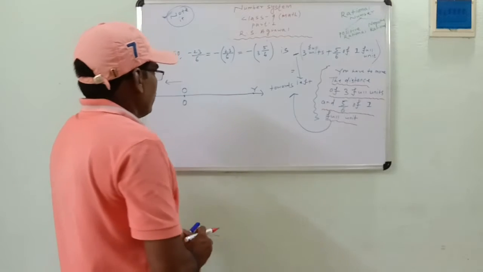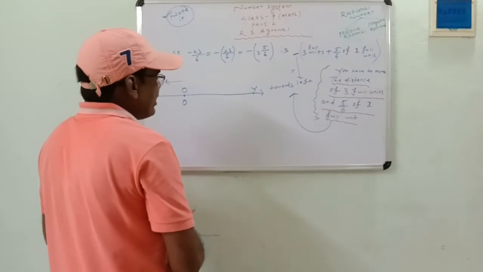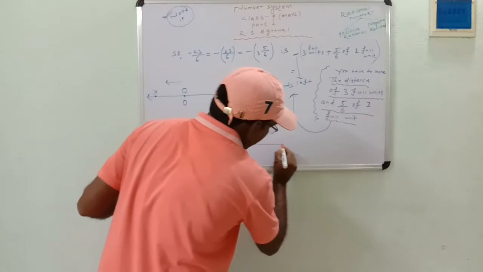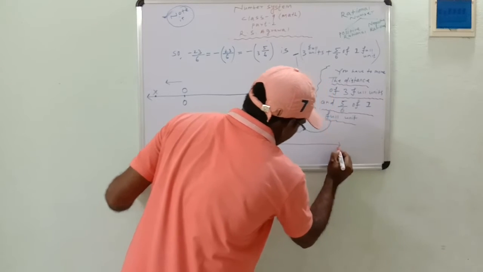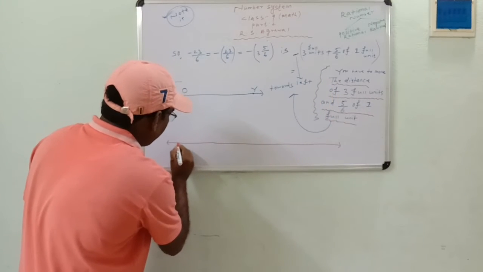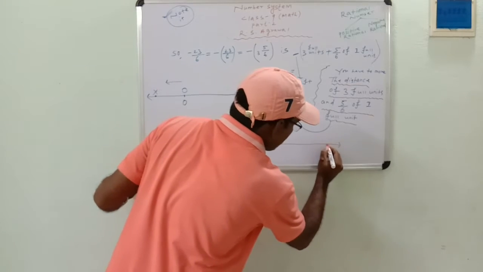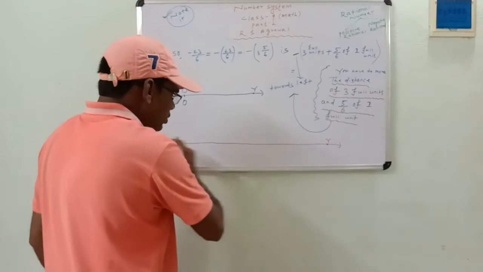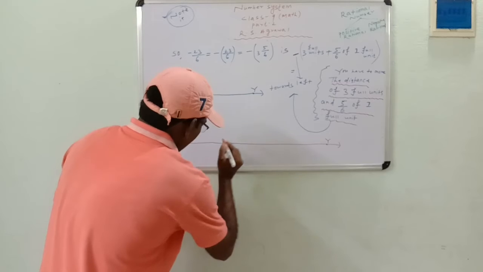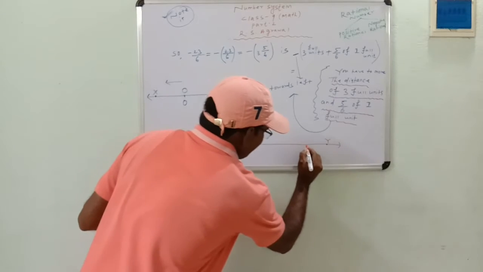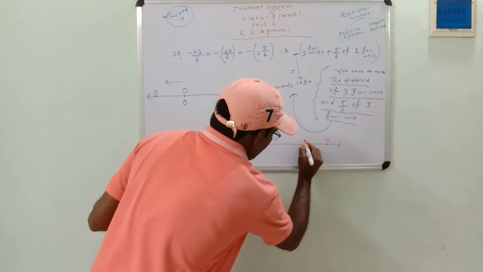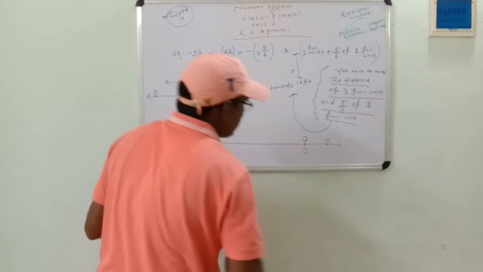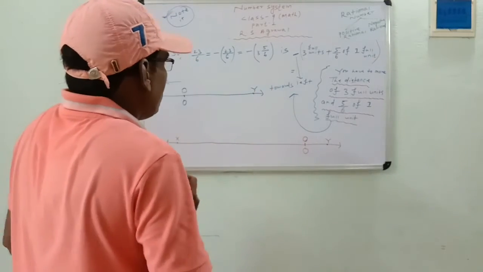So in order to represent -23/6, first draw a straight line. Its name is suppose X and Y. Now put or mark a point on this line. Suppose this point is O and it represents the rational number 0.